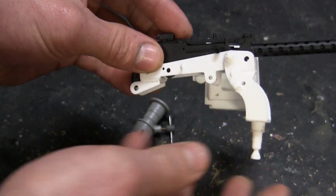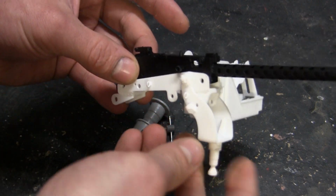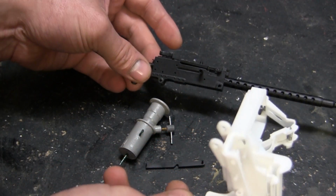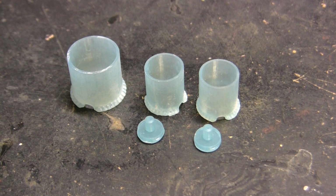As I touched upon before, these mounts are all to Dragon spec, either for the Browning M2 or for the 1919 like we have here. But you'll see how this looks as the video goes on. So with that long-winded segment out of the way, let's go ahead and get this thing fitted to the vehicle at this time. Some of the new parts that are being added to this model and also to the ECA